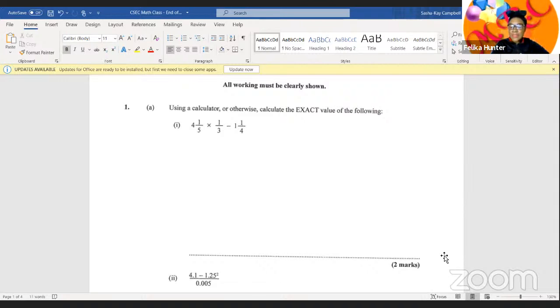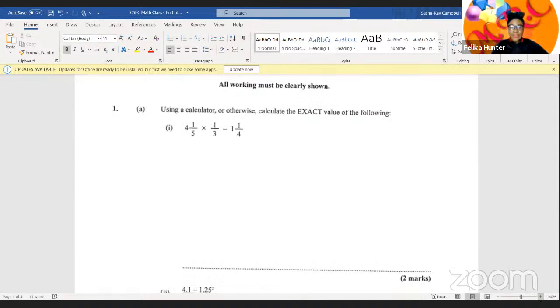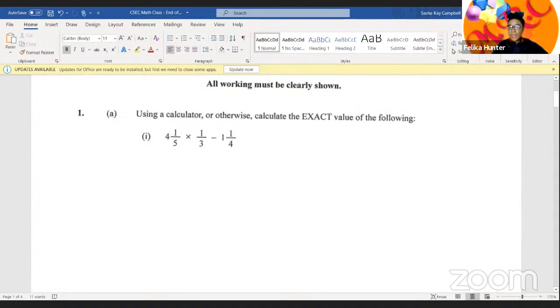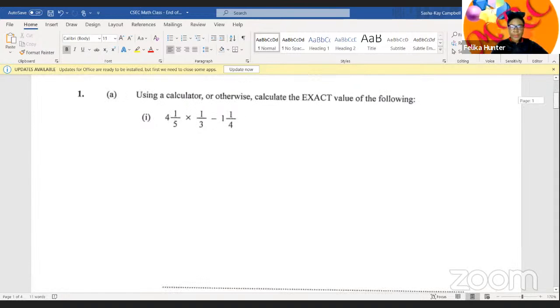So when we're doing a question like this, the first thing that I want you to do is to always change your mixed numbers into improper fractions. So you're going to change all your mixed numbers into improper fractions. Let's see if we can zoom in a bit, so that it would be clearer for you all. Okay, so we go ahead